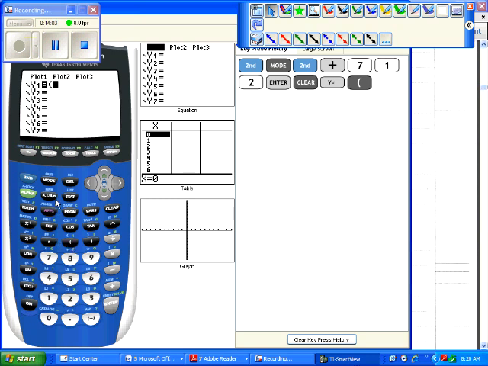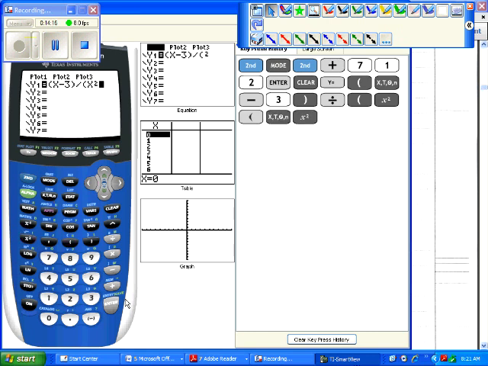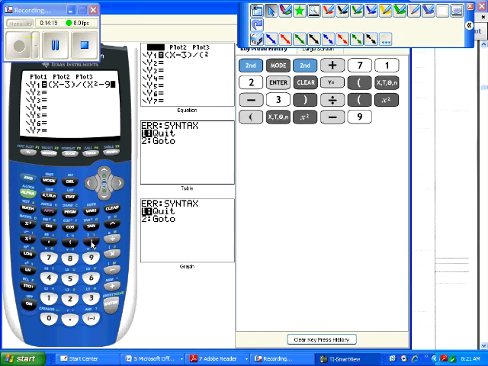So we're going to have x minus 3, close, divide, there's my fraction bar, open, x squared minus 9, close. Now, if I hit graph,